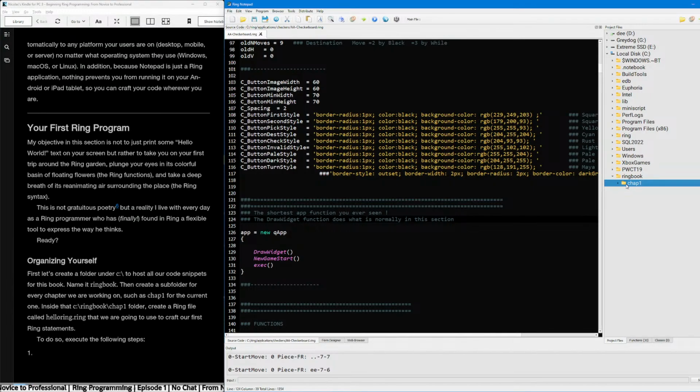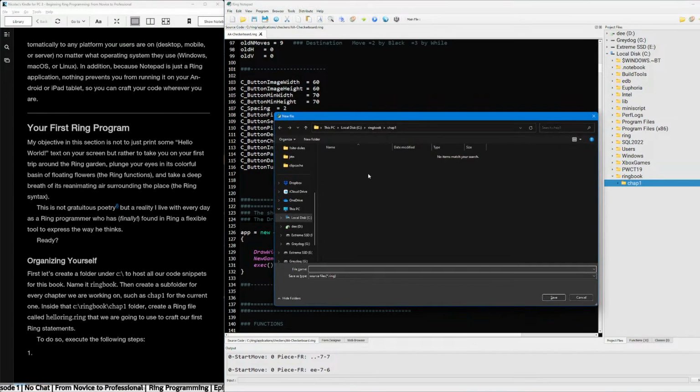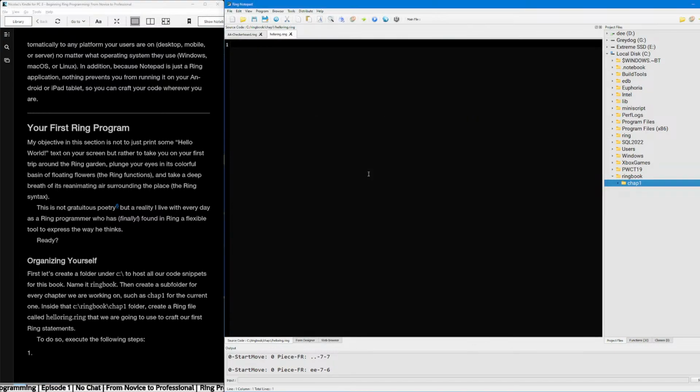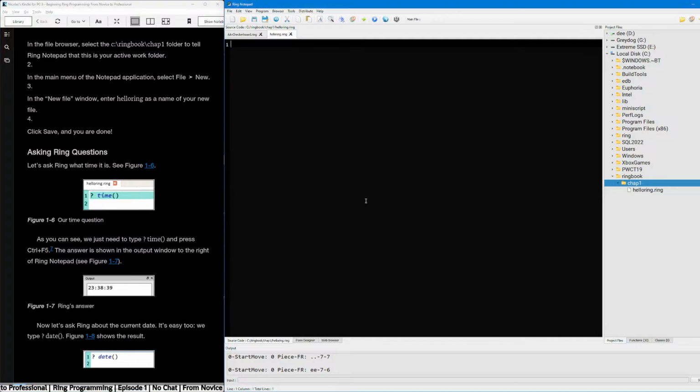All right, it just... Can I just do it from here? Oh, I can. That might have been easier. Hello, ring. And are you there? You're there. Let's do it in the file browser. Select the C ring, chap 1, tail ring notepad. This is your active work folder. Wait, chapter 1, okay.